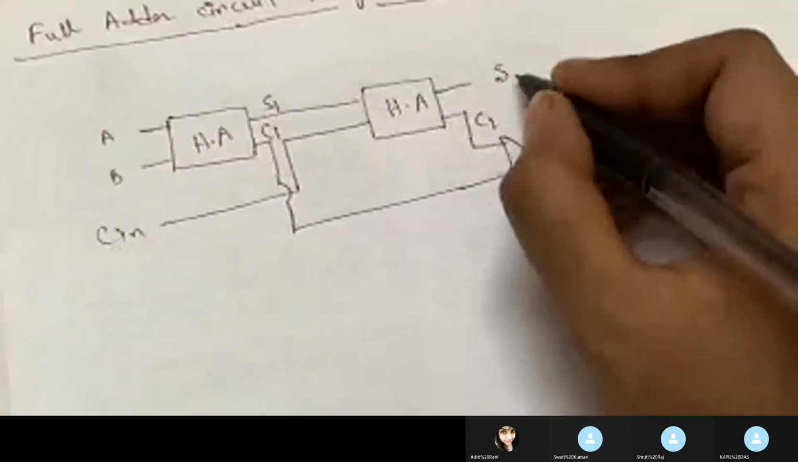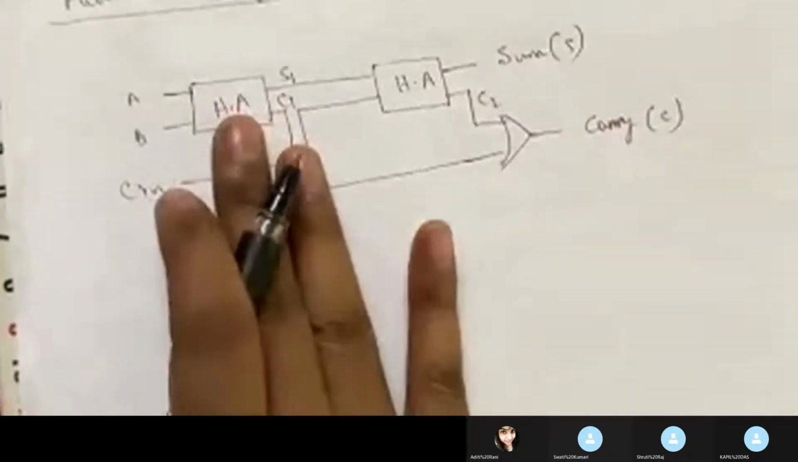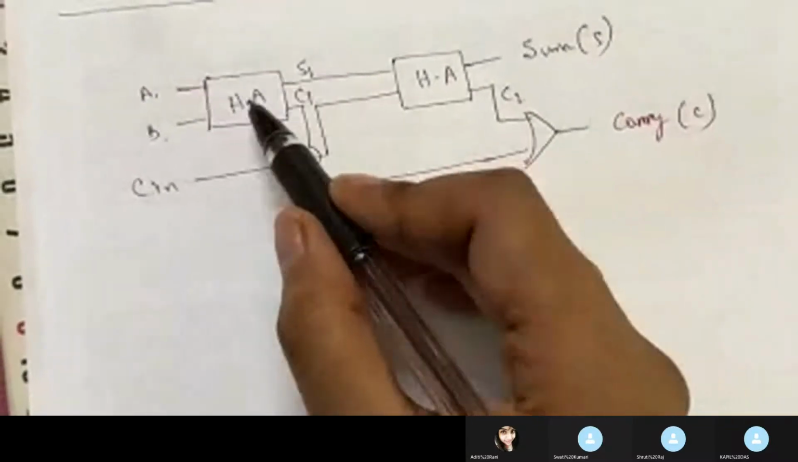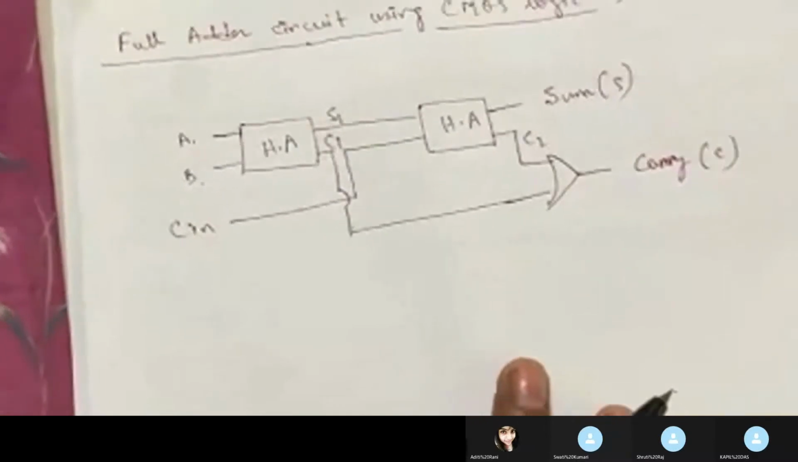So one half adder, another half adder. One has the input as A and B, and the second one has the input as the sum of the previous one and the C in input, and for the carry, both the carries are connected to an OR gate to give our final carry. So if I draw the truth table first,